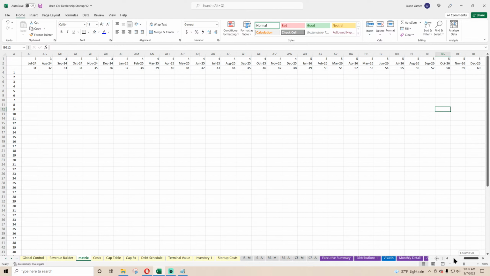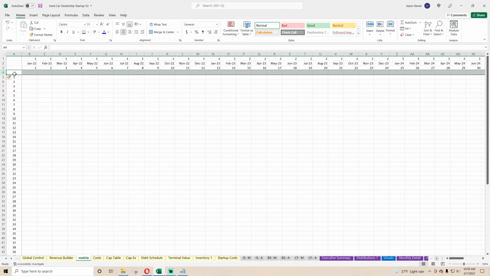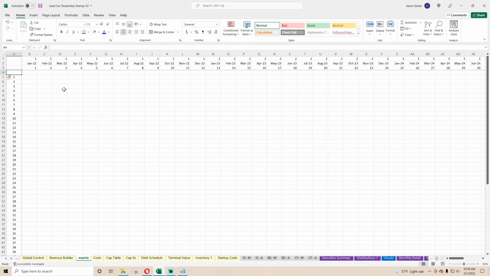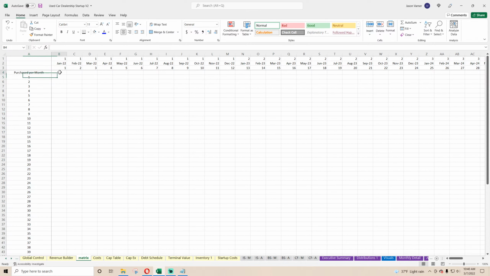All right, so the first matrix is going to be called purchased per month, and every month is its own cohort. So what we do is say, okay, if this equals,